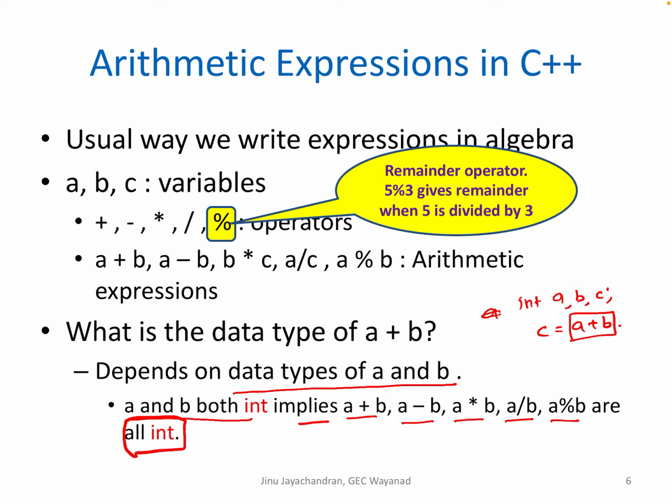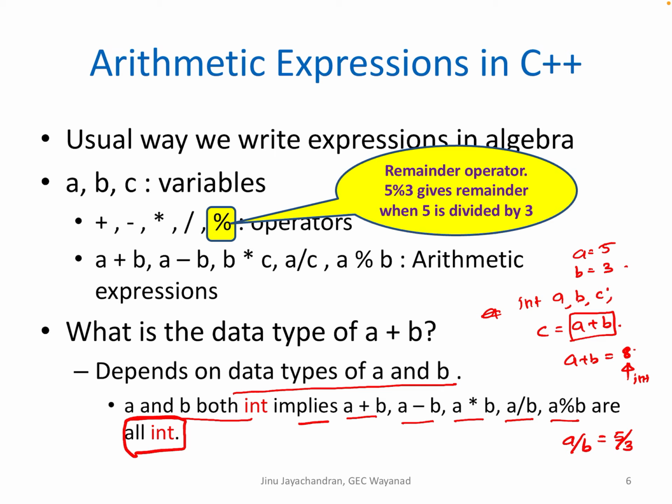So even if, let's say, A is equal to 5 and B is equal to 3, A plus B is equal to 8. This is an integer value. What about A by B? This is equal to 5 by 3. Now the result is not an integer value.